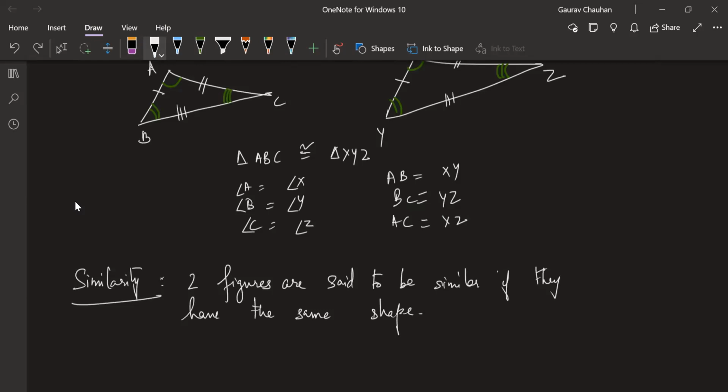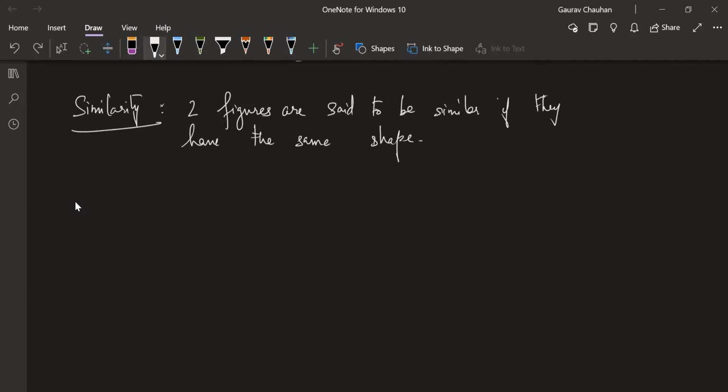Same size is not necessary. Even if two pages of your book are congruent, they can also be set similar. But if I were to take a smaller size of your book, think about something like a mini Xerox. That's an example of a similar page, which is a smaller version of it. Same thing's written, but it's in a smaller version.